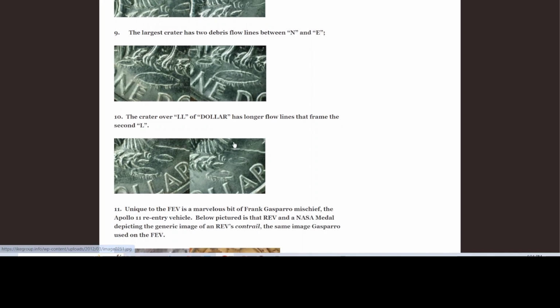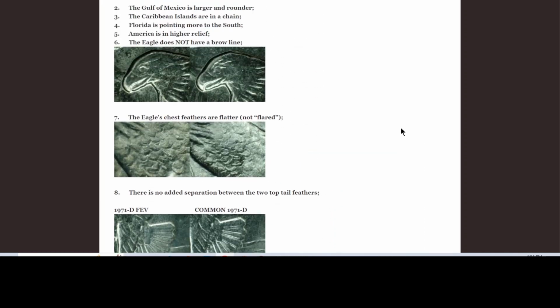Here's another one, looking at the crater flow lines, debris flow lines. It's a little bit different here, but if you look at that second crater, notice that looking at the second L in dollar, none of these debris flow lines approach the top of that L. They come close, they're working towards the L, but don't work past it. But if you look at this one, the debris flow lines are actually falling all the way to the upper right-hand side of that second L. And that's one that you can pick up in pictures. And certainly, if I'm holding it in hand and I have a loupe, again,